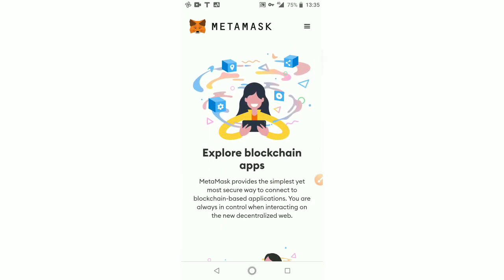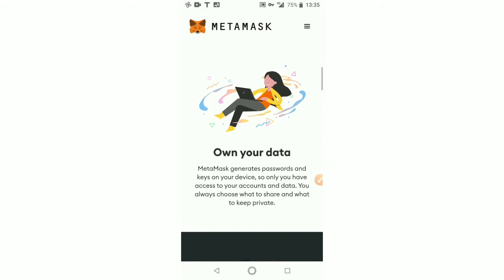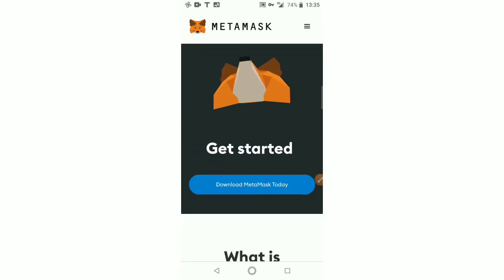You can explore blockchain apps. Metamask provides the simplest yet most secure way to connect to blockchain-based applications. You're always in control when interacting on the new decentralized web. Let's continue. With Metamask, you own your own data. Metamask generates passwords and keys on your device, so only you have access to your accounts and data. You always choose what to share and what to keep private. So to get started,